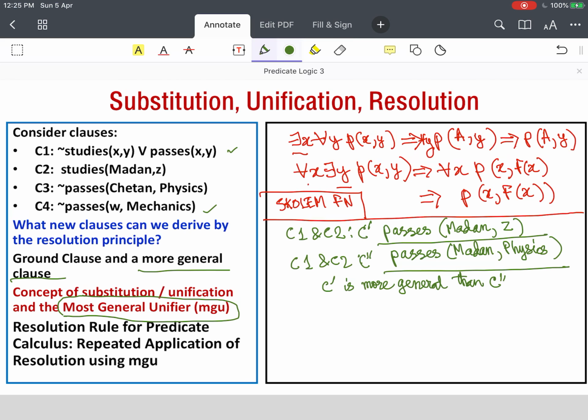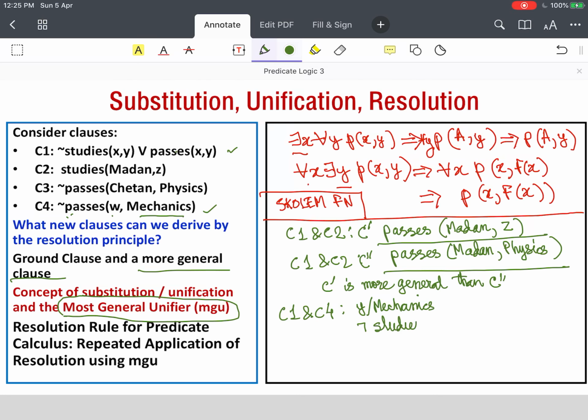Given C1 and C4, we could replace W by Chetan or Madan, and we need to replace the Y by mechanics. On the other hand, the more general of C1 and C4, the more general one would replace Y by mechanics, and once we replace Y by mechanics,